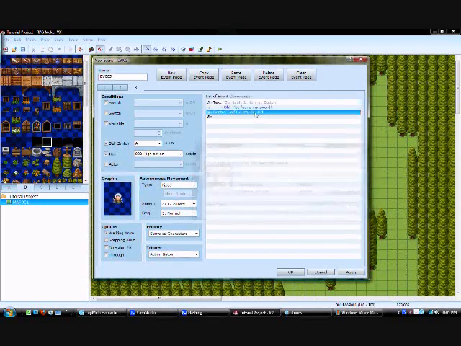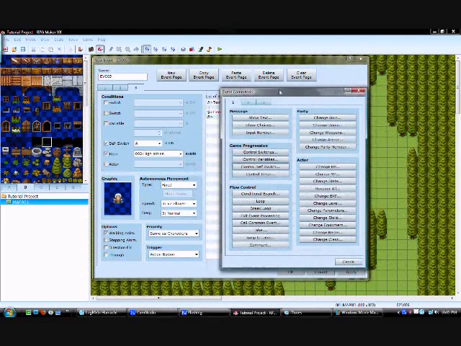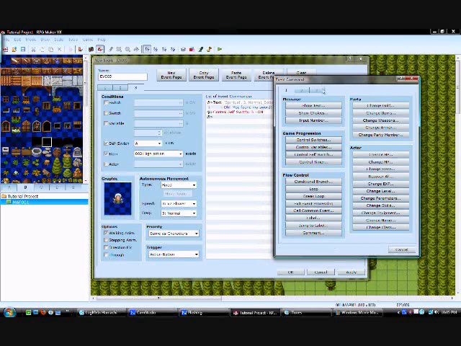Okay. And now what you want to do is there's a couple things you can do. Obviously there's a lot of creativity involved in making quests, so what you could do is make her say, well, since you found my sword, you can have it. Obviously, because that's something that you'd see in the beginning of the game. But what you want to do is, because right now we're going to make the sword into an item, so you can equip it and use it, so you can't just steal it from her,